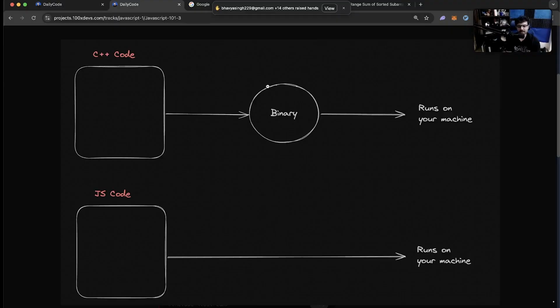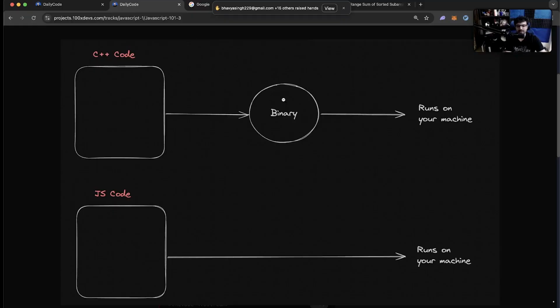Because the compilation happened over here, running can be much faster. A lot of checks that JavaScript has to do while running. JavaScript is running your line, compiling your line, running your line, compiling your line. Versus C++ upfront spends 2 seconds to compile your code, but once it is compiled, the final binary can be extremely fast. It doesn't have to do any more compilation. It has the final binary that it can directly execute. So this is actually a better thing.